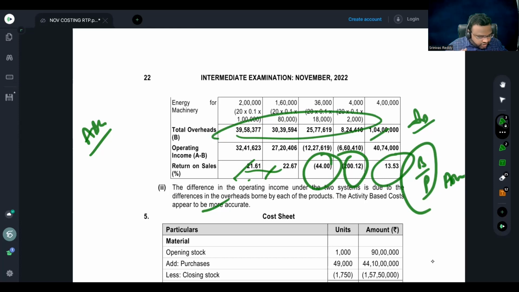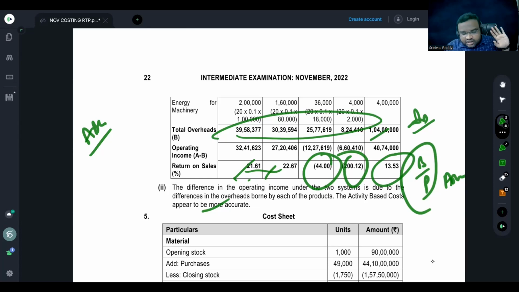And what about the profit? The total operating profit, how much amount? 40.74 lakhs. How much here also? 40.74 lakhs. So did you find any deviation there? No. The only deviation is that incentives they are given separately, which is 32 lakhs, that I have apportioned directly